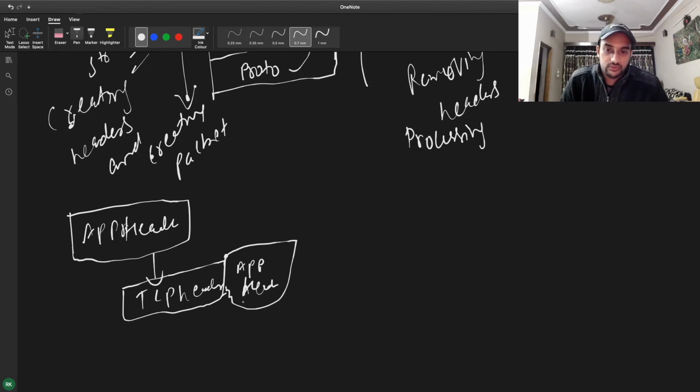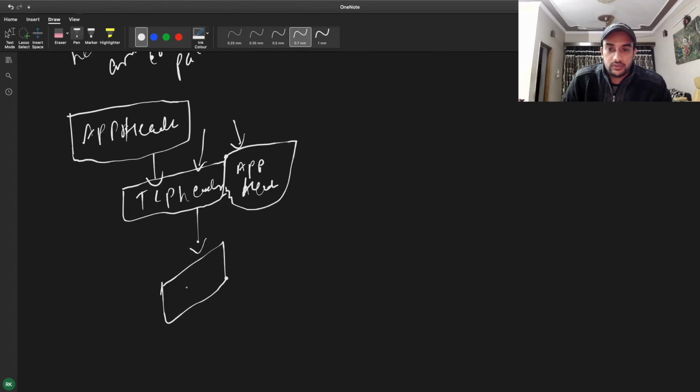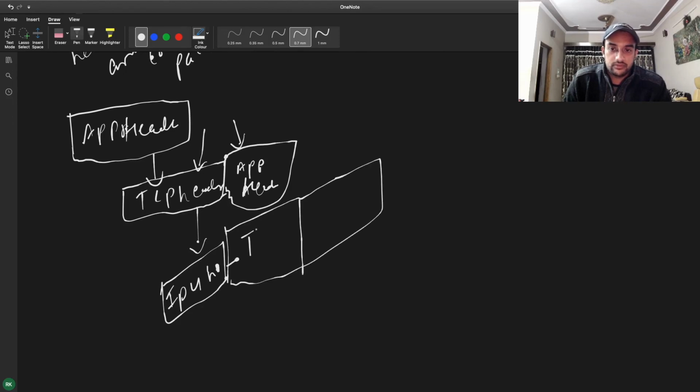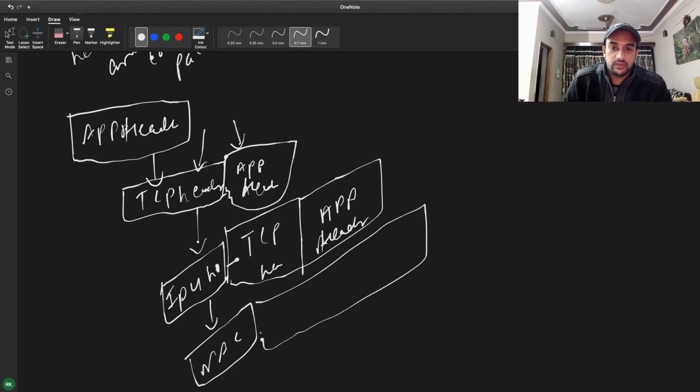Whoever wants to process this application header first needs to process the TCP header, because it's encapsulated inside TCP, so they won't be able to read the application header directly until they read the TCP header. After TCP we will have the IPv4 header, joined with all this, and like that we will have a MAC header, and all these three will be there. I'm just going to name them IP, TCP and application.